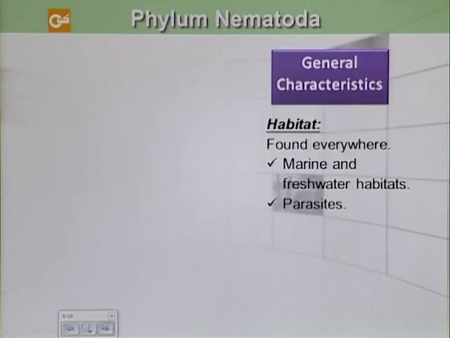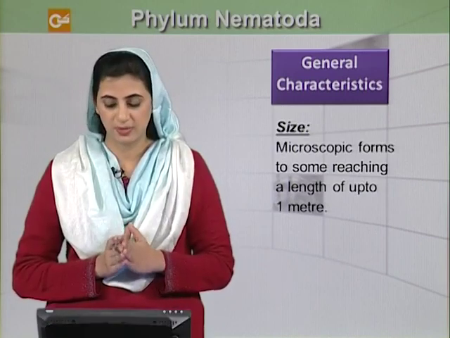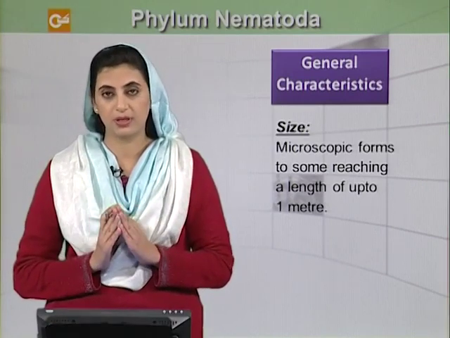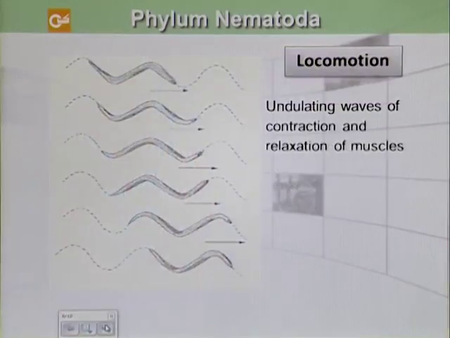And about their habitat, they are found everywhere, in marine and freshwater habitats, and they are also parasites. And about their size, they range from microscopic forms to some reaching a length of up to 1 meter. And if we look into their locomotion, we can see that it is due to undulating waves of contraction and